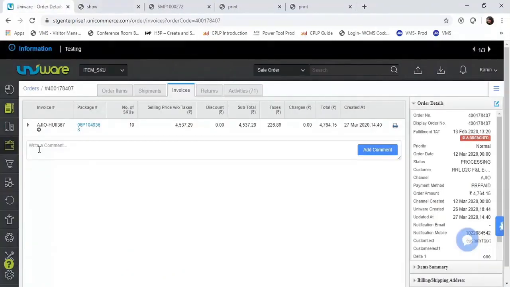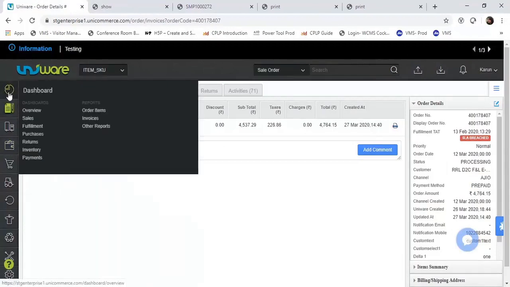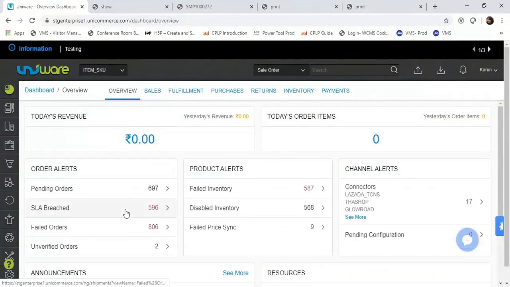So this is all about processing order for Ajio, and you don't have to change any settings. This is a new flow wherein you don't have to enter your seal IDs anymore, and as you've seen, we have to take a print of the manifest, we have to take a print of the invoice, and we've learned how to go about it.